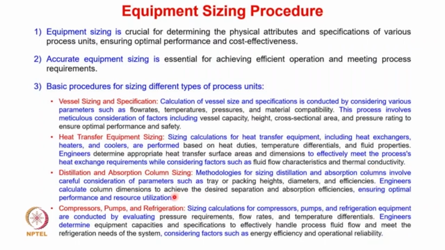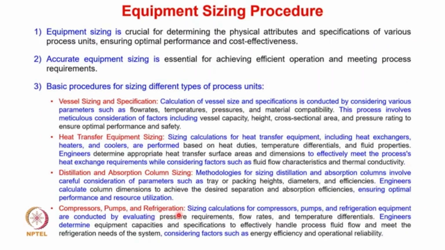If you look at the separation units like distillation and absorption, usually the sizing of distillation and absorption columns involve the consideration of the parameters such as tray or packing heights, also the diameters of the column and efficiencies. So engineers usually calculate the column dimensions to achieve the desired specification and absorption efficiencies, ensuring the optimal performance and resource utilization. And if you look at the last type where we are trying to look at the sizing of compressor